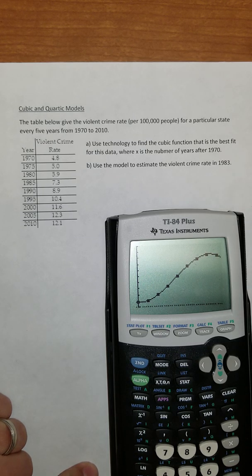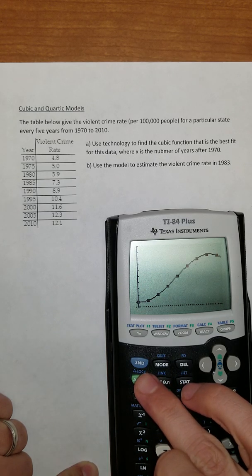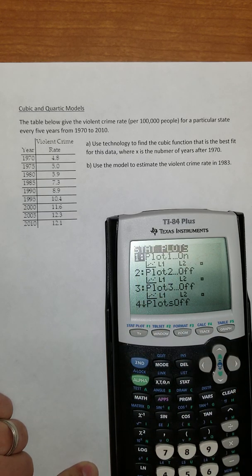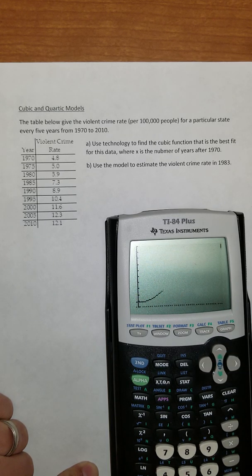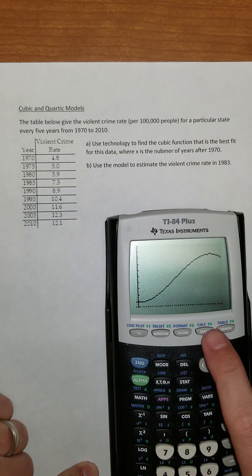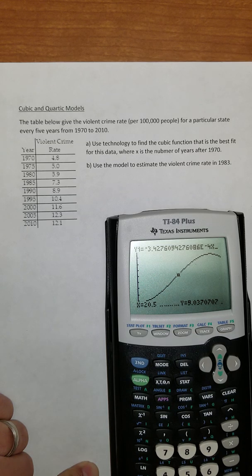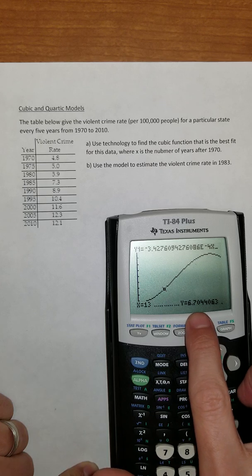So, to use the model to estimate the violent crime rate in 1983, instead of typing all of that separate stuff in, I'm going to use my graph to do it. To use that function, I have to turn Stat Plot back off or I'll get an error. So I go back to the graph and I hit Trace. I'm going to type in the year that I'm interested in, which is 1983. That's 13 years after 1970, so I'll type in 13, enter, and we'll see here the y-coordinate is going to